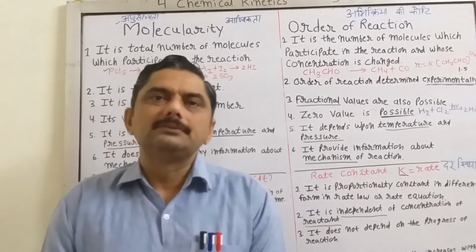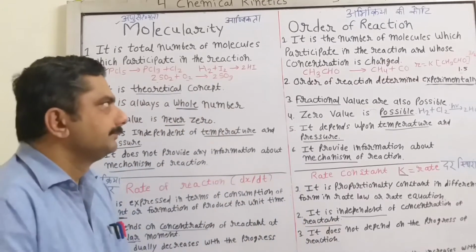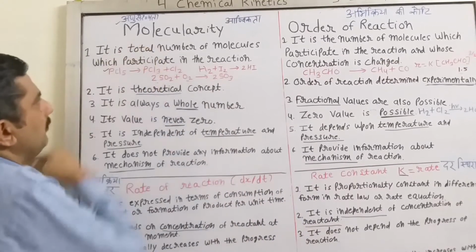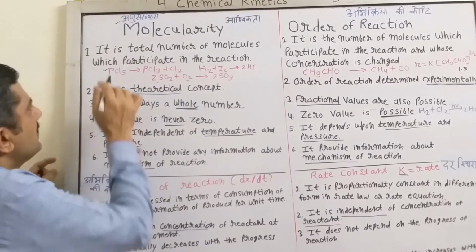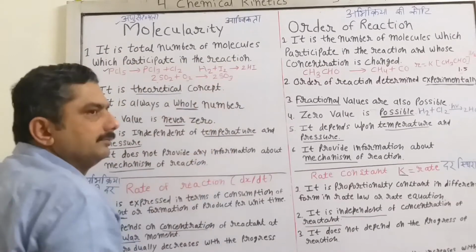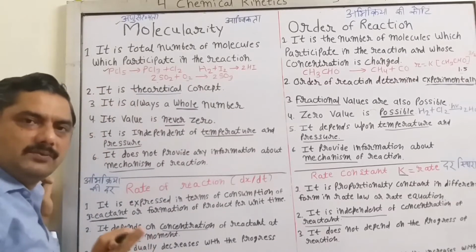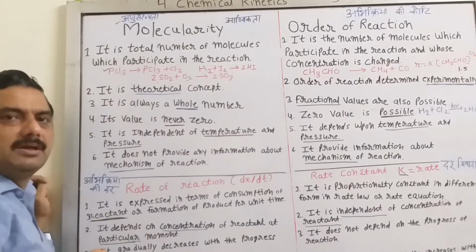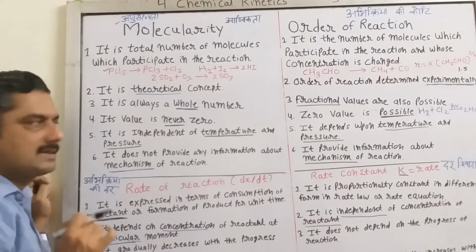Now the third question is to differentiate molecularity and order of reaction. At first we write molecularity and then order of reaction. It is the total number of molecules which participate in the chemical reaction, called the molecularity of the reaction. Example,